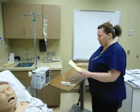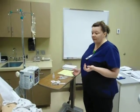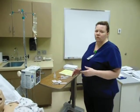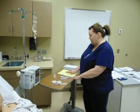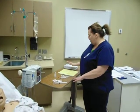I have looked through everything with my drug book. I did all that and all the calculations. I did the first 5 rights: the right dosage, the right route, the right patient, the right amount, the right time. When I'm completely finished and have done that for the 3rd time, I will do the right documentation also. But I have looked at this 5 milligrams IV push order for this patient and gone through